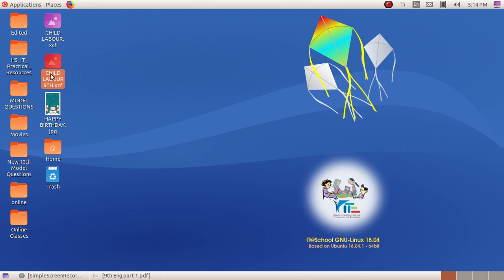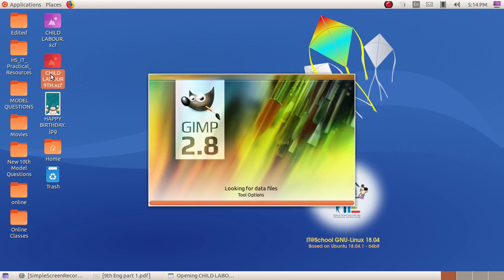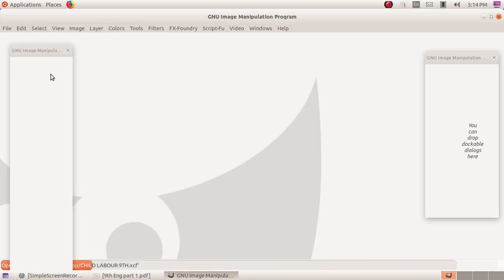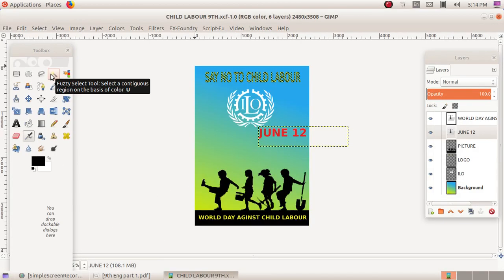Let's open this file. This is the poster, World Day Against Child Labor. In today's class we are discussing some tools in GIMP software.